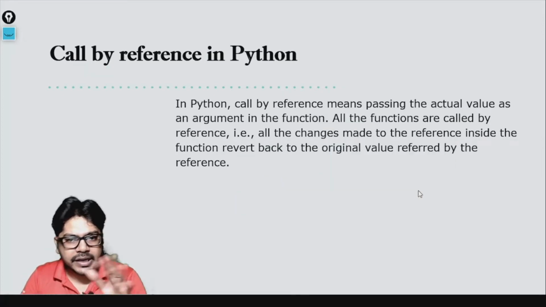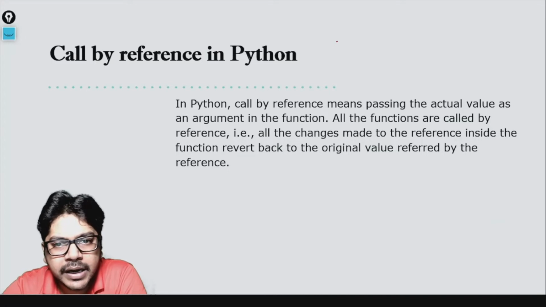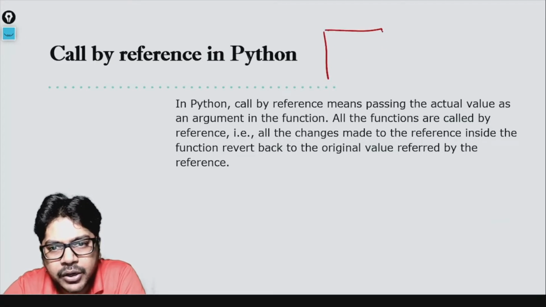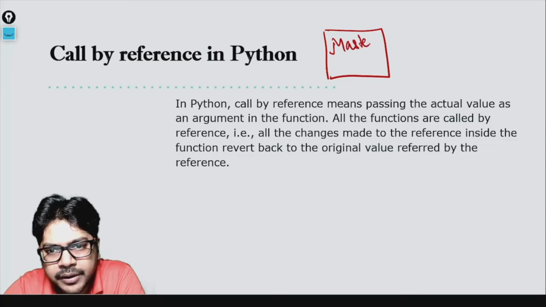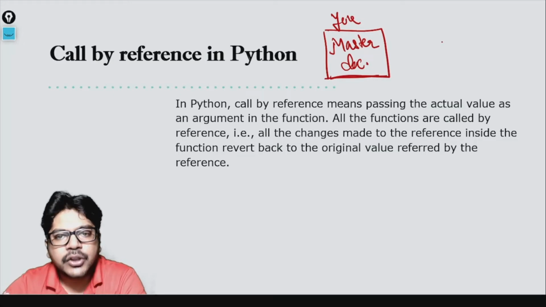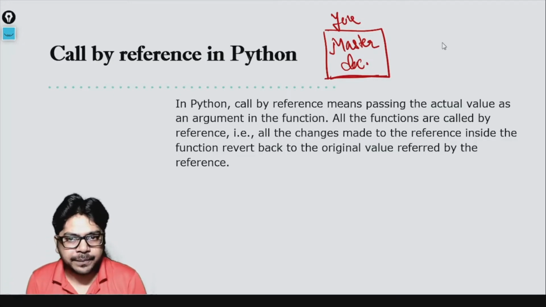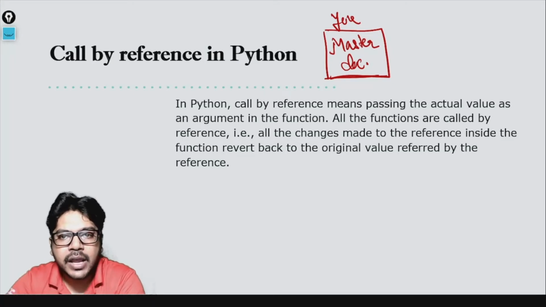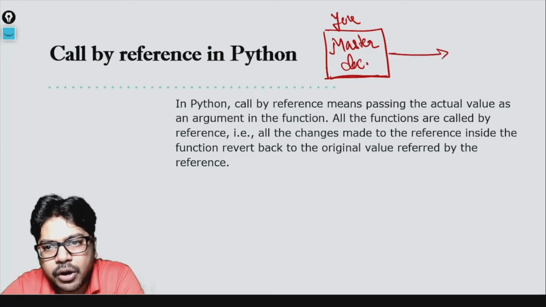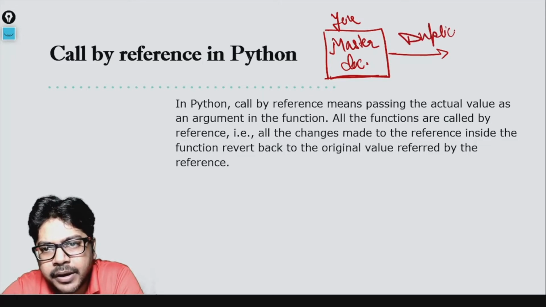Let's take an example that you prepared a document. This is a master document that you prepared. This document has been prepared by you. Now what you wanted to do is to have it reviewed by someone. So what you did is that you created a duplicate copy, or a Xerox copy, of this document.